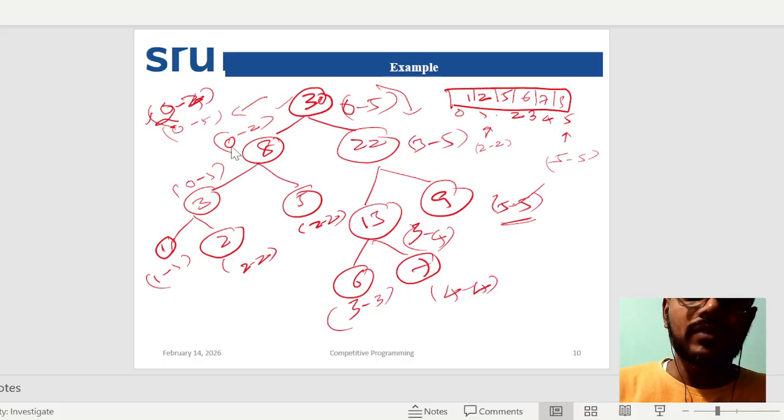Now you check it, 0 to 2. So 0 to 2 is there, but here it is 2 to 4. Again partial overlap, call left and right. So here it is 0 to 1. So 0 to 1, there is no overlap, right? So 0 to 2, there is no overlap, return 0, right? Here it is 2 to 2, it is also partial overlap, return 5,